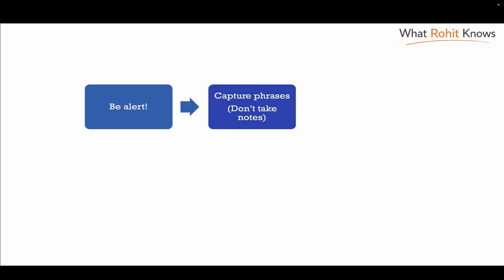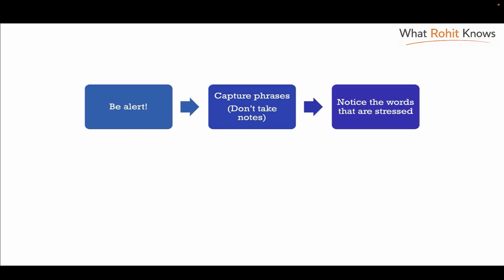Capture phrases. Don't take notes. One of the things we want you to do is don't just try to remember the words. Try to remember phrases. So 2 or 3 words in a go, different parts of the sentence that you're hearing. When you do that, it becomes easier to understand and also easier to reproduce when you are repeating the sentence. Don't take notes because these are short sentences. And if you try to take notes by hand, you'll most likely miss at least a part of the sentence